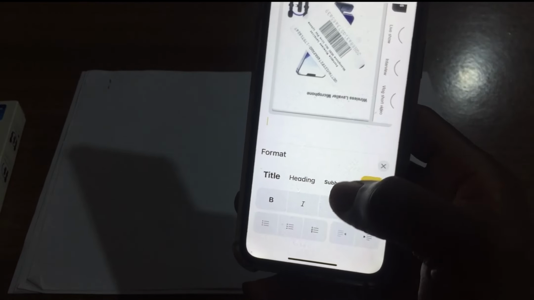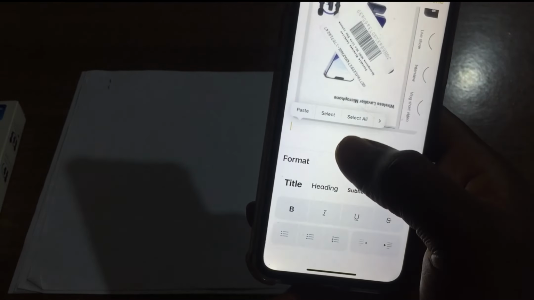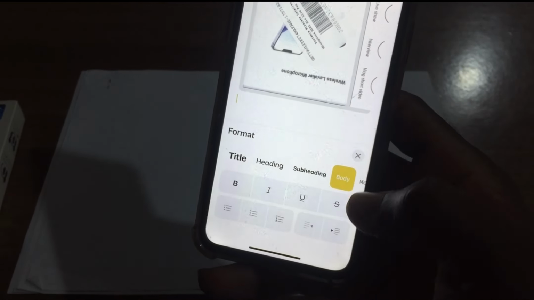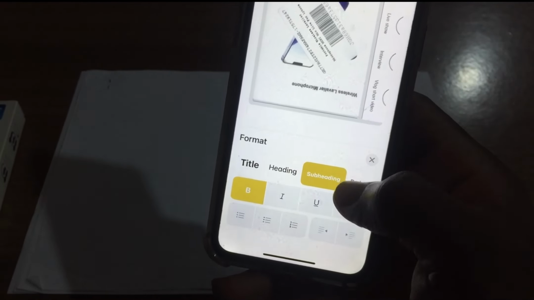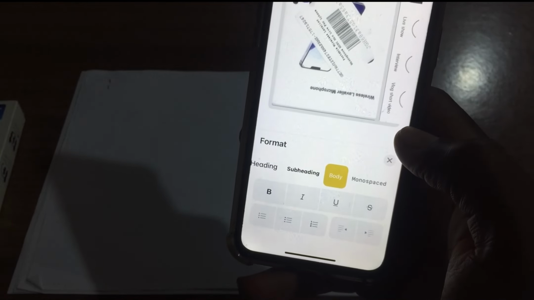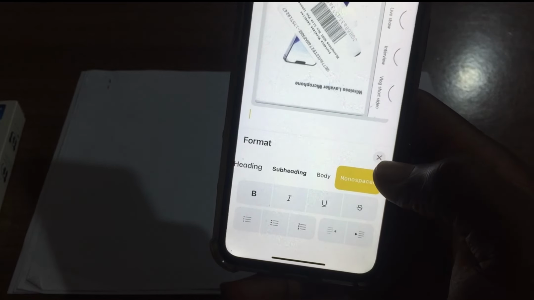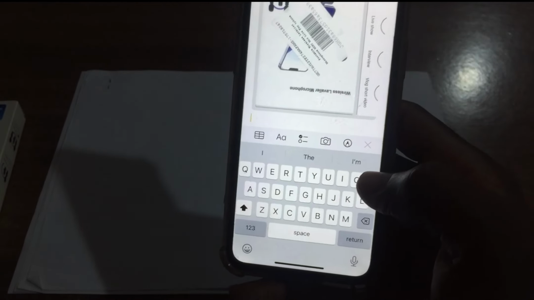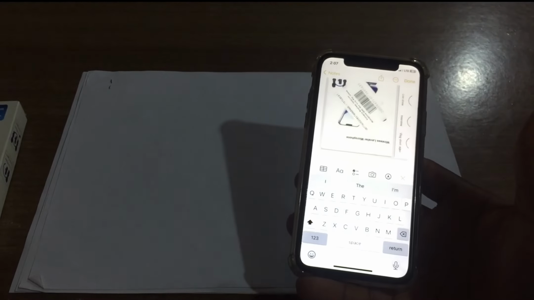Or if you want to write something here and then you want to enlarge it, you make it bold, underline, italic and underline, and then many more. You can change the heading, the subheading, the body of what you've written down close to it, or the monospace. But when you are not using this, make sure that you don't click on it. Over here, the last part, if you want to add a signature to whatever you are doing,